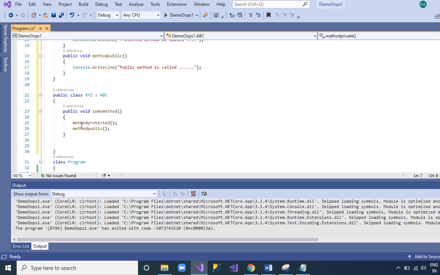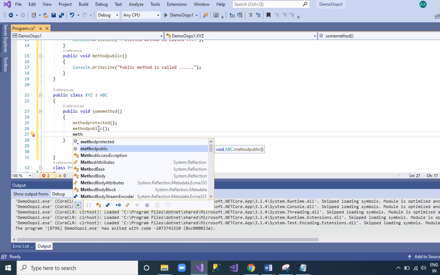Now you can see that protected and public are accessible. If I write here method, you can see that only these two are accessible.